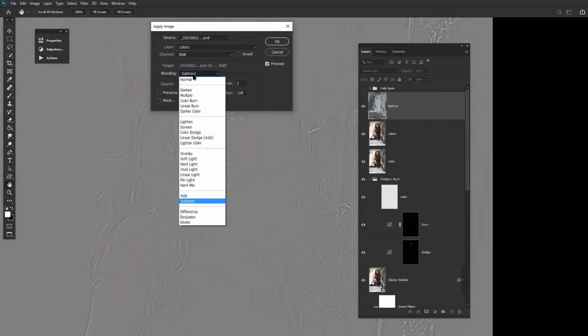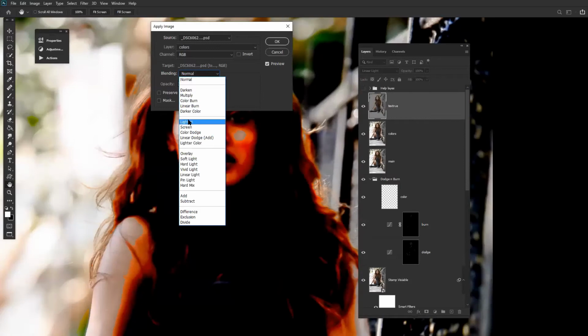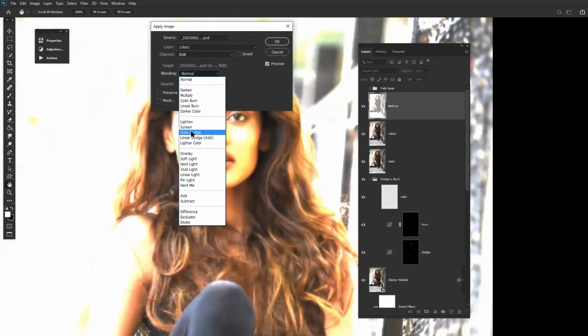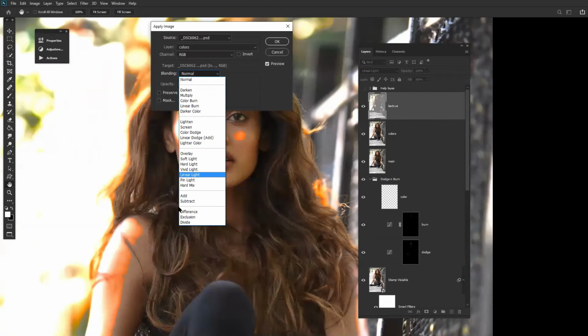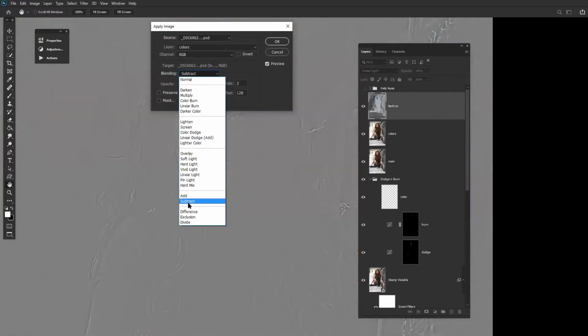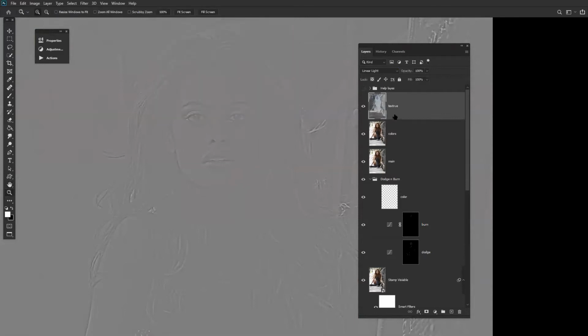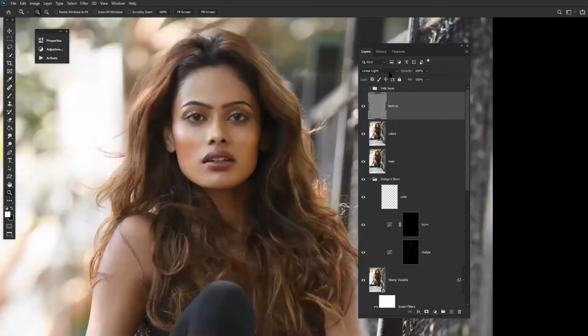If I change the blending mode, you will see the changes. Normally add is adding the textures, removing the colors. So subtract is best. We put OK. So the colors are all gone, and now we can bring down linear light so that we have the textures intact, we have the colors intact.